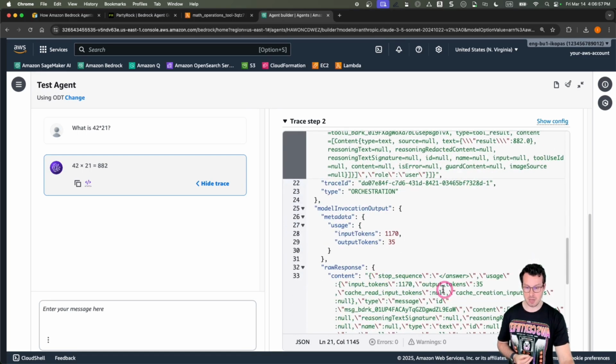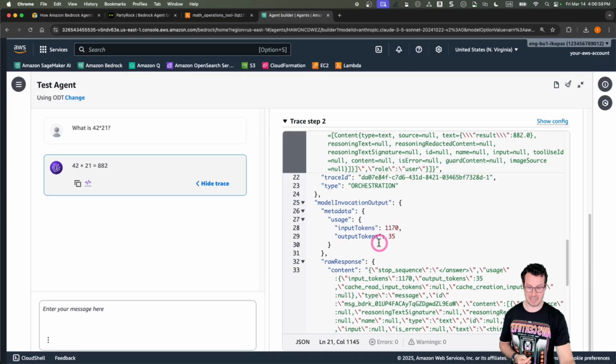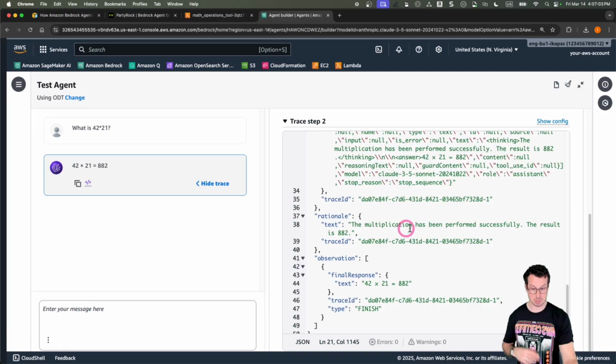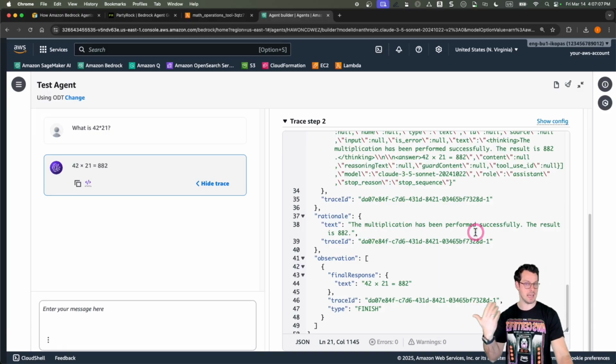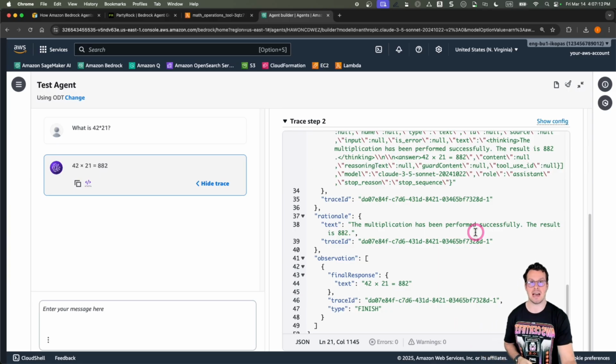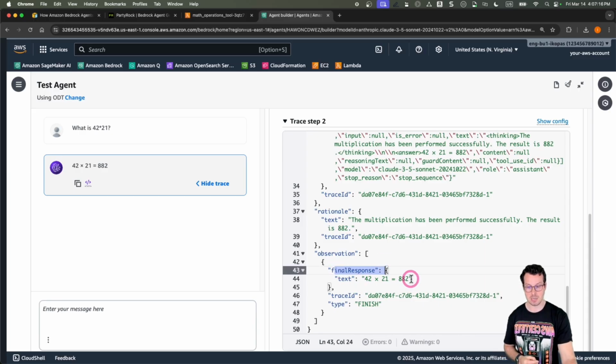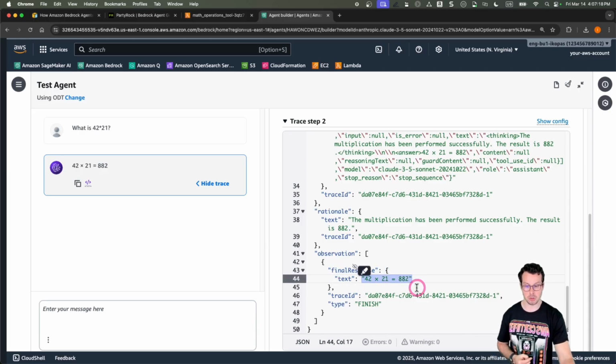We scroll further down and we can see the number of input and output tokens, the raw response, and the rationale: the multiplication has been performed successfully, the result is 882. So this is the agent rationalizing that the job has been done, so you can go back and return the result to the user. So the final response returned to the user is 42 times 21 equals 882,